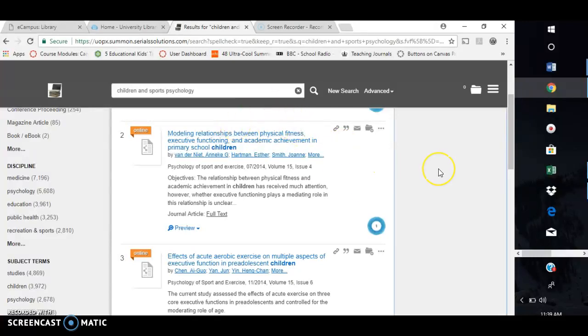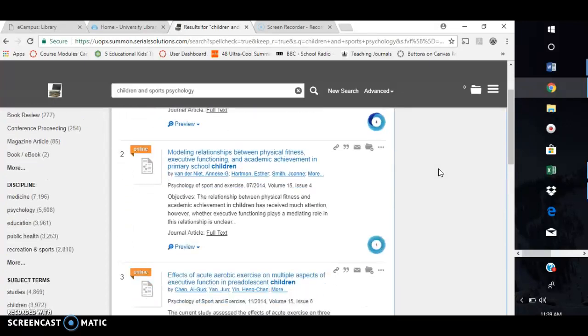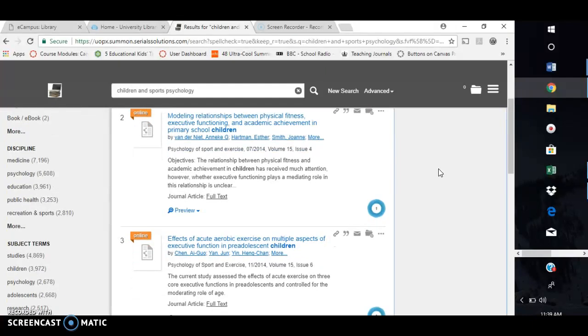So I'm going to look at that first one, quiet eye training. I'm not really sure what that is, and I don't think that's the direction I want to go. So I'm going to look at number 2, modeling relationships between physical fitness, executive functioning, and academic achievement in primary school children. I think executive functioning has to do with, and again, if I didn't know that, I could Google this, but I'm pretty sure executive functioning has to do with